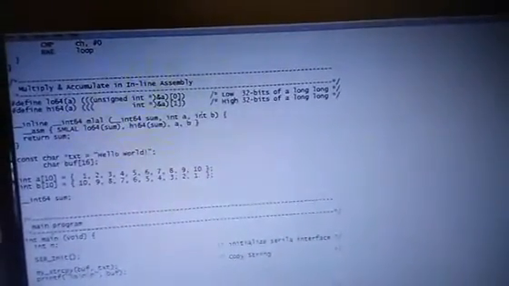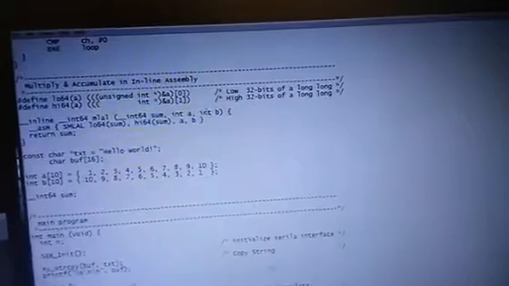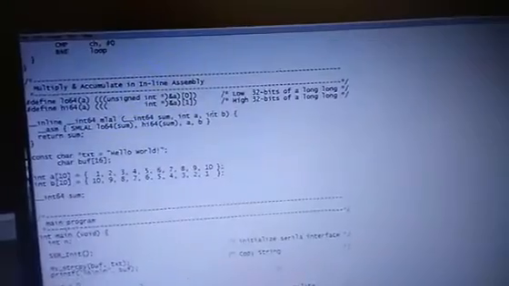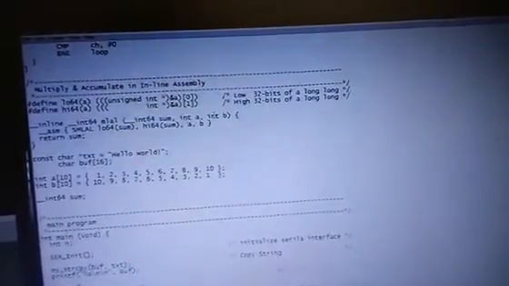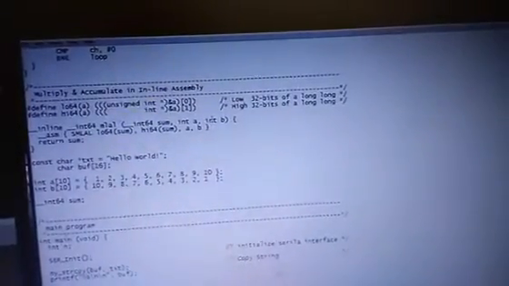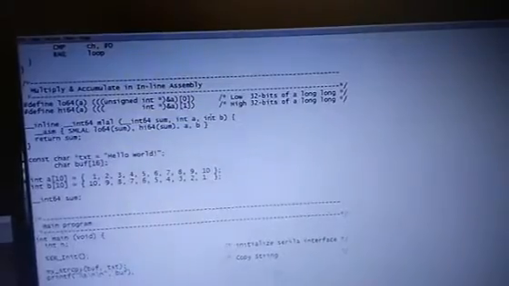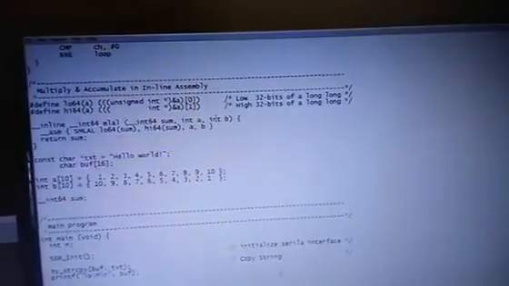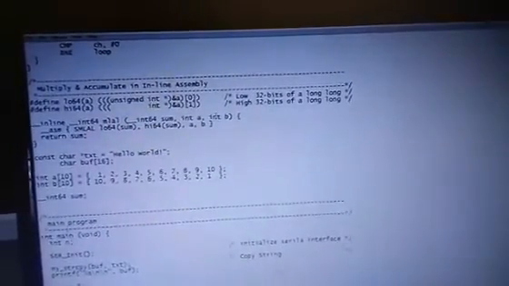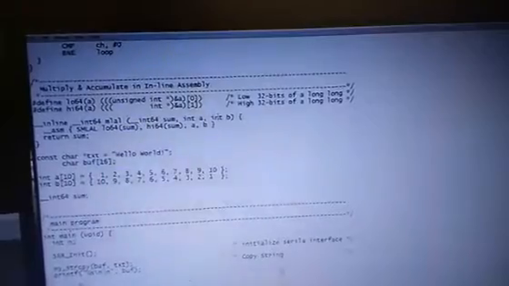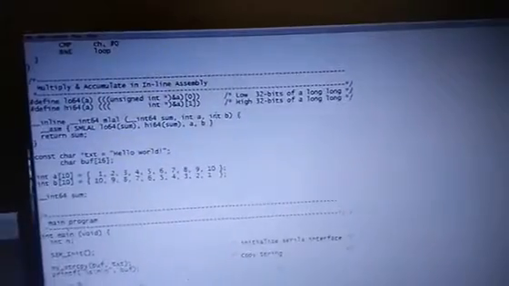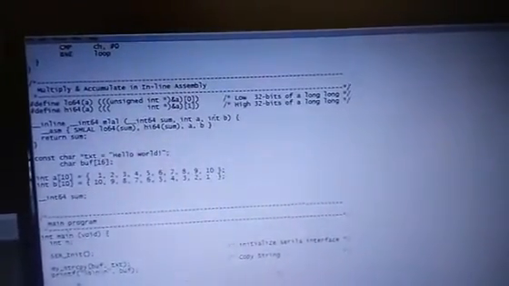Define the lower order 32 bits using the function LO64 of A and the higher order 32 bits by HI64 of A, and it is defined as unsigned integer. As we are going to do the operation multiply and accumulate, we are incorporating the inline assembly SMLAL into the program.